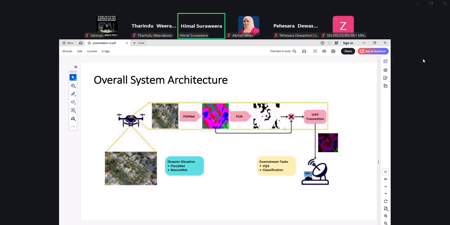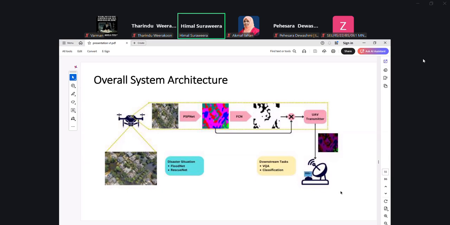One constraint at the UAV is that UAVs don't carry sufficient batteries, it's energy limited. So we thought the UAV should apply a very simple kind of machine learning algorithm, not to drain its batteries too much.